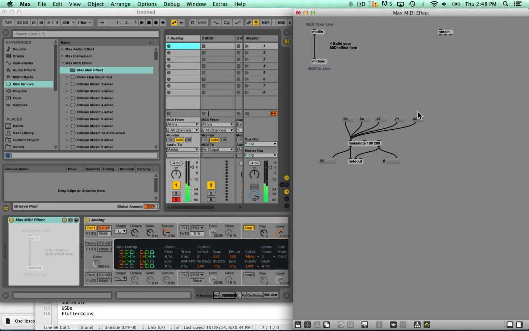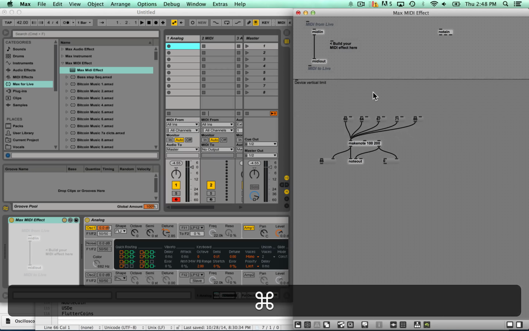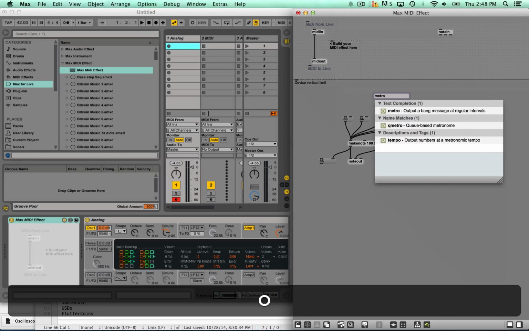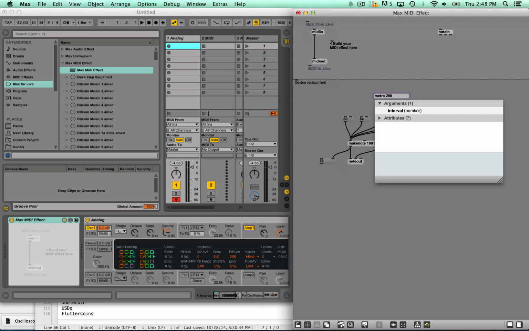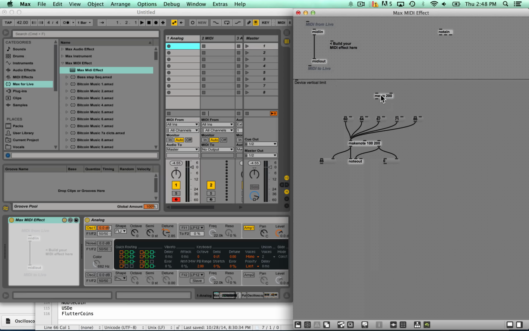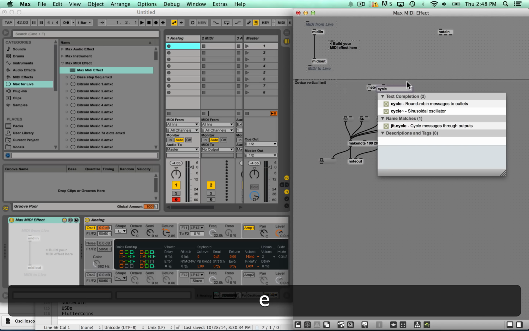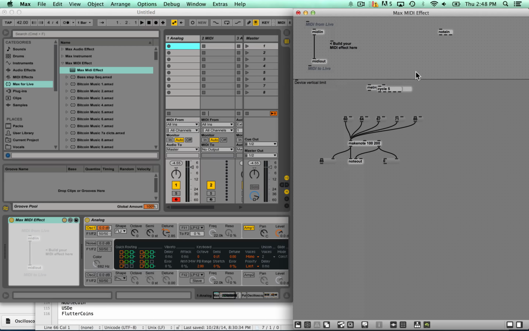And of course what we can do now is use the same kind of cycling bang method that we used before with the audio effect for that pulse width. We can use the same thing to trigger the sequence for us. So I'm going to create a metro, give it 200, so it's playing a note every 200 milliseconds. And after the metro, we're going to create a cycle, remembering a cycle will send each one of those bangs out 5 different outlets. So the metro goes into the cycle,